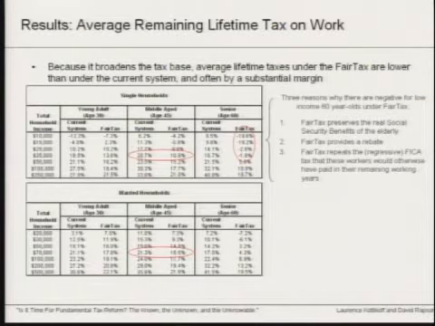Some interesting figures are for the seniors, or the 60-year-olds. They have only a very few years left in their working lives. They face a negative remaining lifetime tax. There are 3 reasons for that under the fair tax proposal. One is that the fair tax preserves the real Social Security benefits of the elderly. The second reason is obviously the rebate, and then the elimination of the FICA tax also eliminates a regressive component of the current tax system.